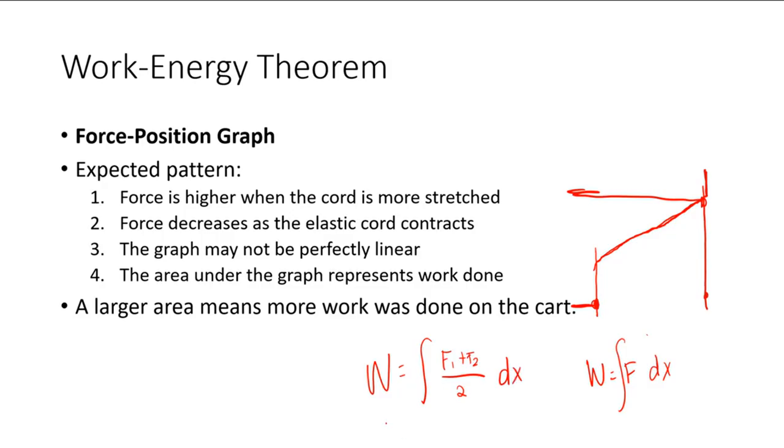And when you integrate that, that would be equal to (f1 plus f2) over 2 multiplied by, sorry, I have to remove the integral here, x minus xo, from xo to x. So you can calculate the work done on your cart. Now, for your force-position graph, you pick the position, actually, and then you find the force at that position to calculate the work done from your graph. Are we clear with that? Can I get a thumbs up, guys, if that is clear? That's why you have your graphs there. Are we clear with the instructions?